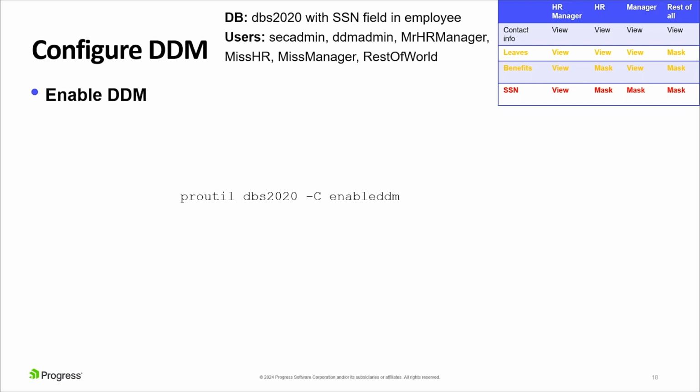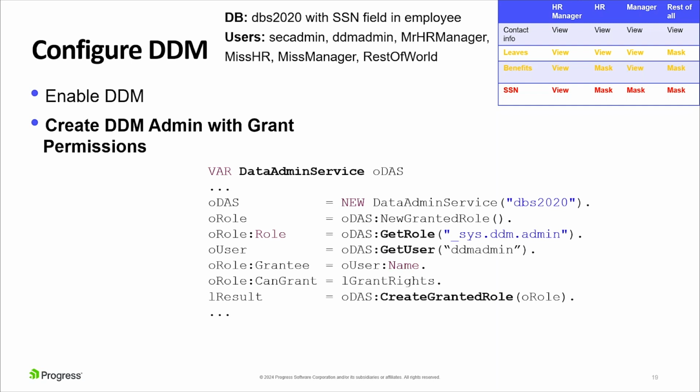For that, we have the ProUtil command: ProUtil DBS, that's the server database name, -c command, which command? enable DDM. So with this command, we are enabling the DDM feature on this database. The next step is optional, but it is recommended that you add a DDM admin to the